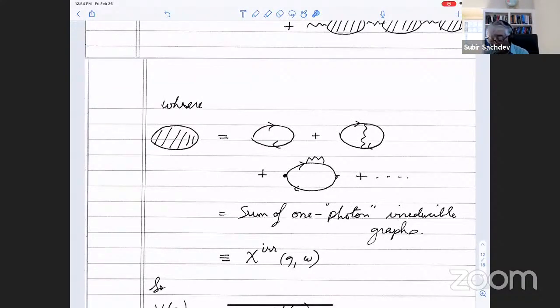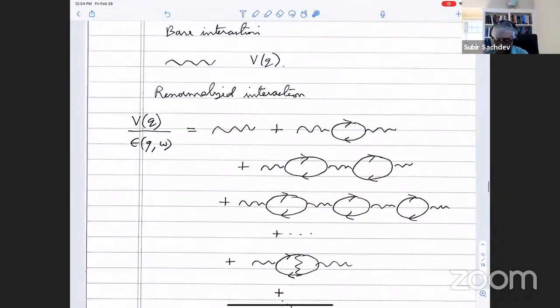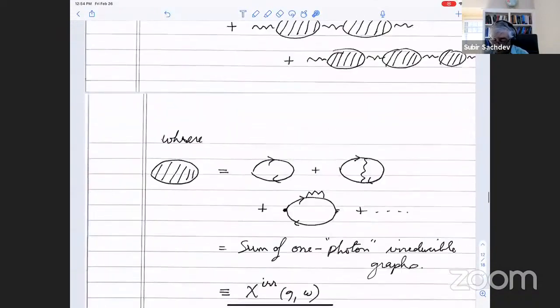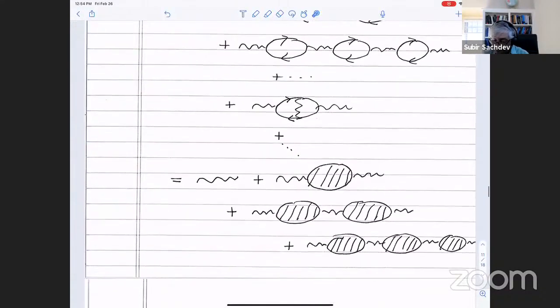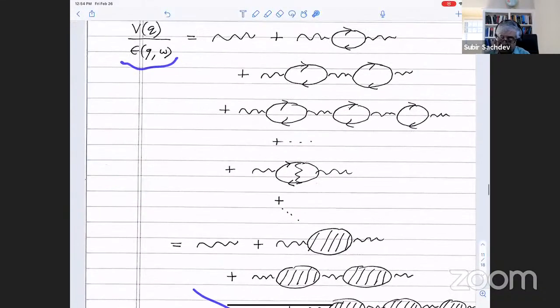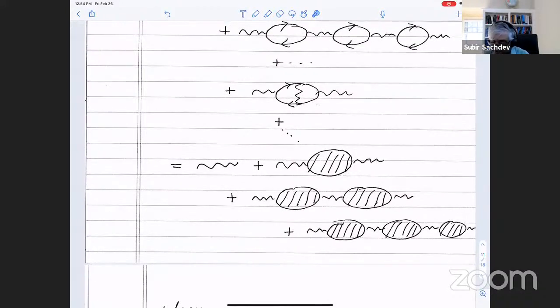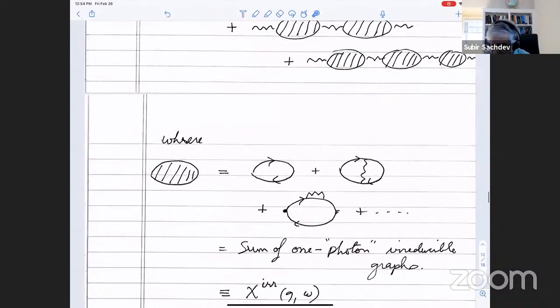Okay, so then the analog of Dyson's equation is that the exact expression for this is equal to this. The exact expression is exactly this geometric series. I have V, then V, chi irreducible V, then V, chi irreducible V, chi irreducible V, and there's nothing else. You might say, well, what if I put a line from here to there? Well, putting a line from here to there produces a diagram that's actually part of chi irreducible,